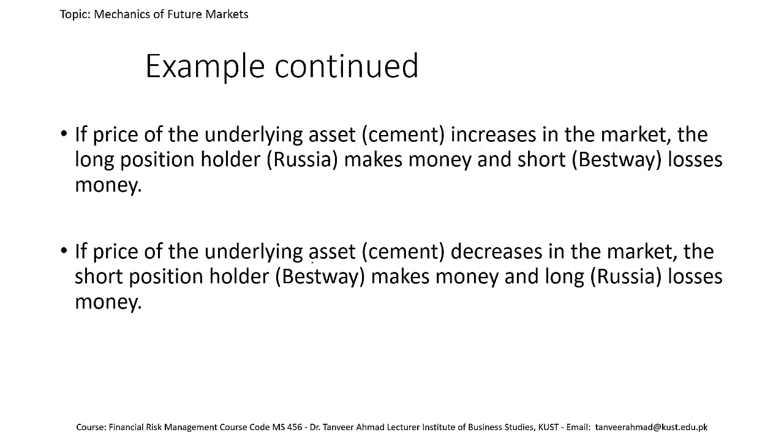But this contract, although it minimizes the risk for Russia, exposes West-West Cement to a new kind of risk. For example, if the price of raw material increases in the market, then the cost of cement for West-West Cement would also increase. But they cannot pass that increase in price to Russia, their buyer. Why? They have a contract at a fixed price. So what should West-West Cement do?